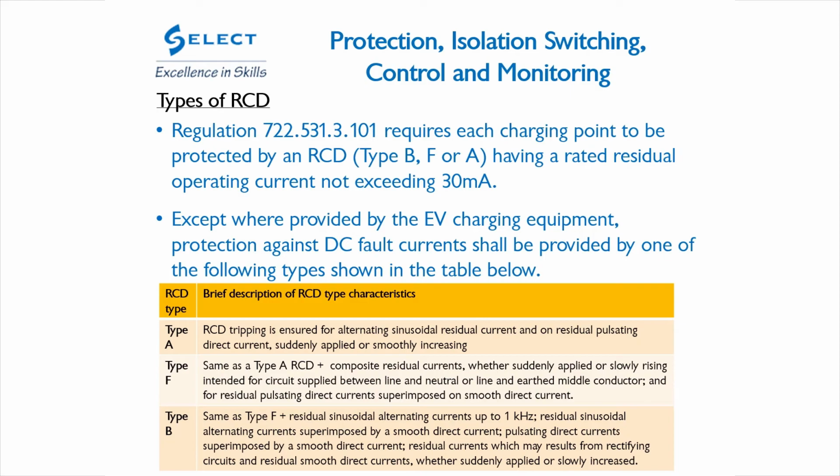RCDs are widely used, and therefore it's necessary for electrically skilled persons to have a sound understanding of this type of protective device. The requirements for RCD protection in Section 722 require Type B, Type A or Type F RCDs to be used to take account of DC fault currents, except where it is provided by the EV charging equipment. If you're using a Type A or Type F RCD,